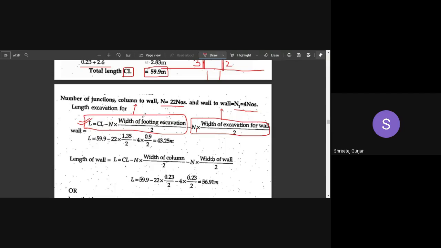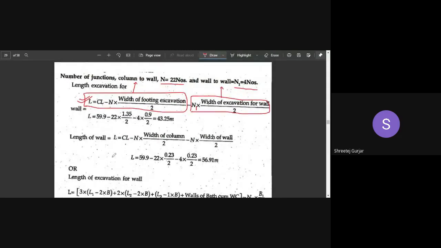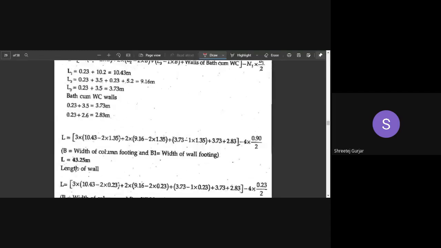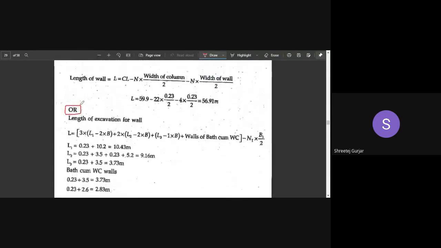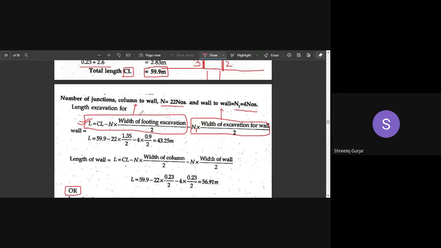So let us just move on. This is one method to calculate, or else you can go for one more method. But we will not look into this method. It is lengthy; you can see it is so much lengthy compared to this formula. So in our numericals we will be using this formula itself. If there is any doubt in this formula, you can let me know, or else we will move on to the tabular column. We will look into the tabular column.